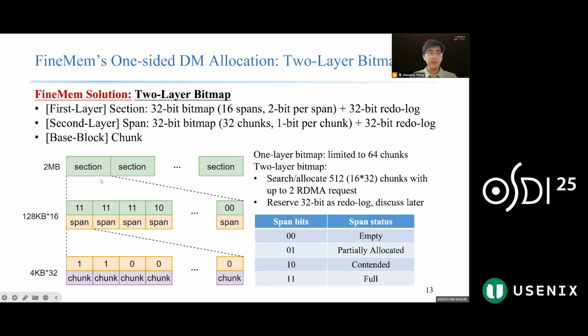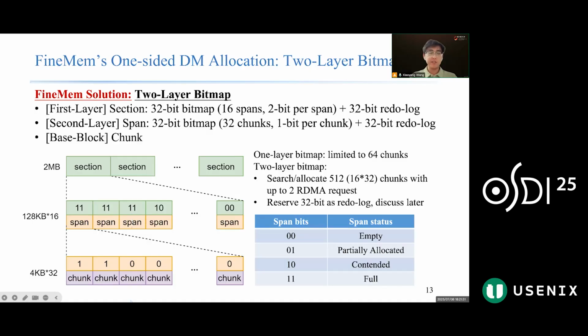The first layer is named section, the second layer is named span, and the basic block is named trunk. Each span comprises 32 contiguous chunks and a 32-bit free map to track the allocation status of these chunks. And a section consists of 16 contiguous spans in a 32-bit free map, using 2 bits per span to indicate